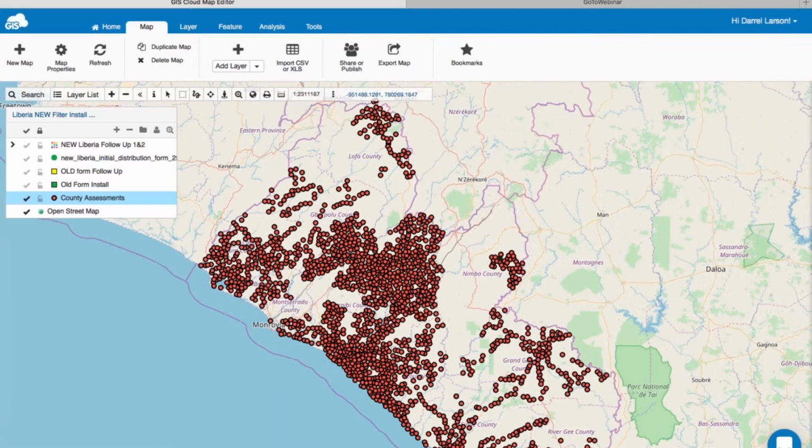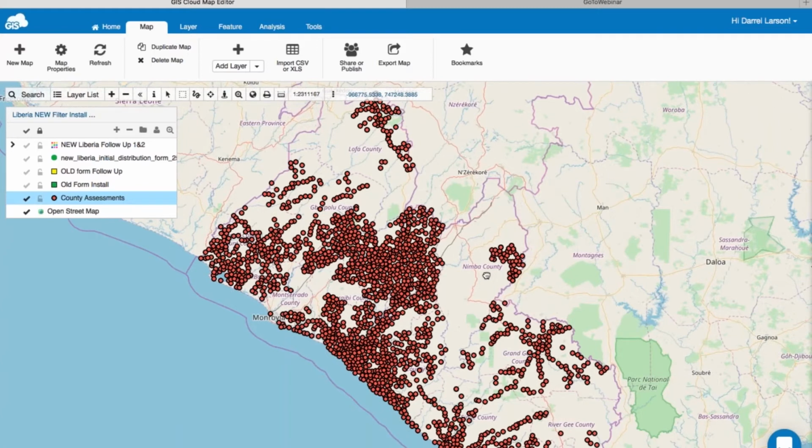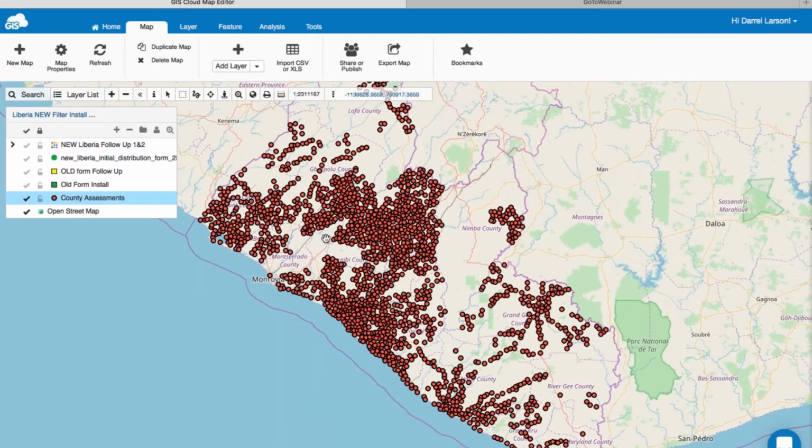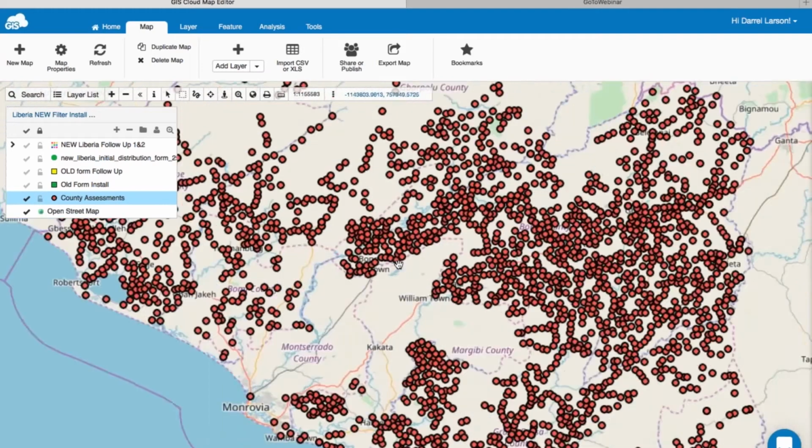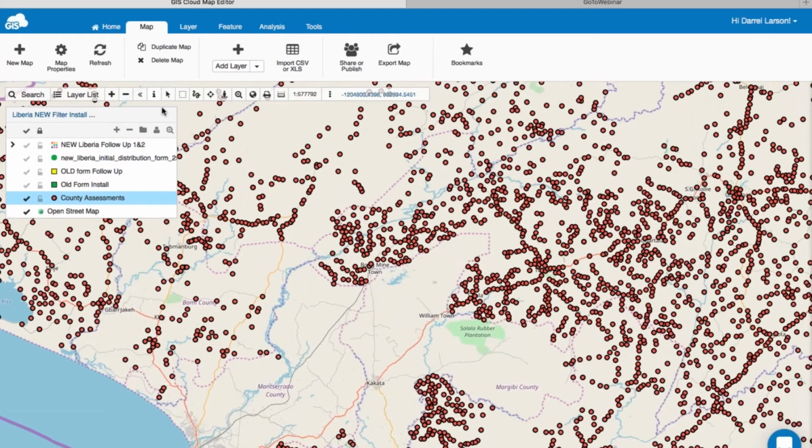So we have teams that are all over. As you zoom in, you can see each of these red dots represents villages, and as you keep zooming in, you'd actually see the households. We mark every household in the country that receives a clean drinking water filter, which is just amazing.